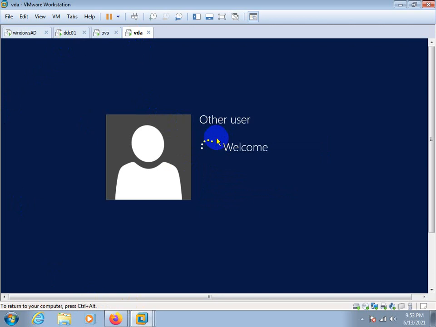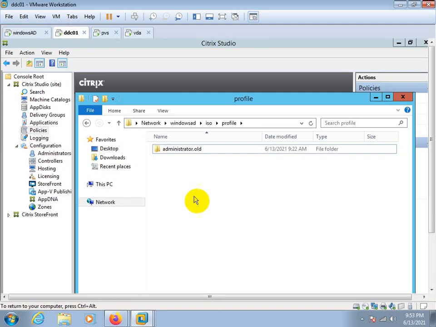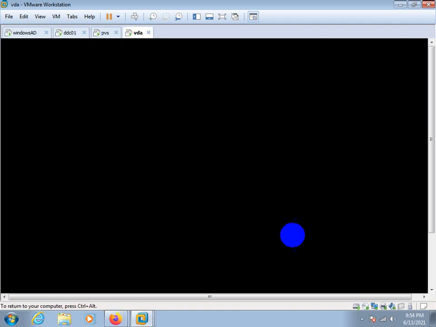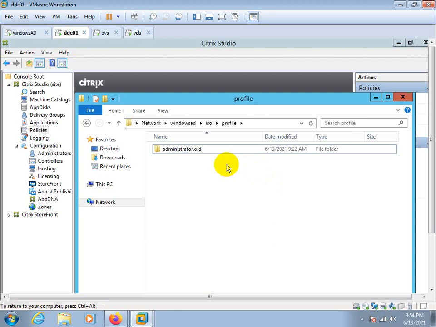And if your profile is working fine, here it will show that it is updating the profile. Yes, Citrix profile manager, please wait for the user profile management. The profile is applying correctly, but I don't know why it's going to the default one, so I need to check that.